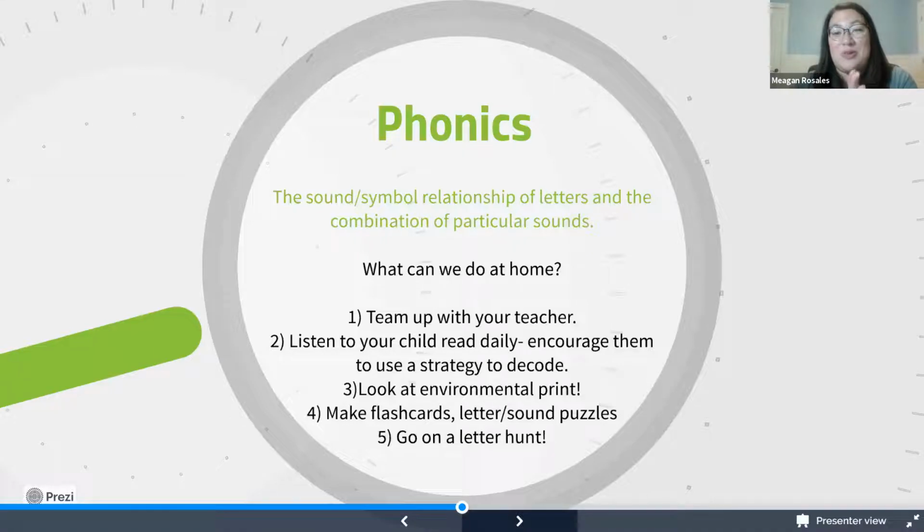So phonics can be taught systematically, which is what mostly all schools do, is that they have a systematic approach to teaching phonics, or incidentally, which means you can do it in your environment as well. And it helps to introduce that alphabetic principle, like I just said, that written letters or symbols represent sounds of spoken language. It's important for children to build that automatic response when learning phonics, which is also called automaticity when we talk about it in our